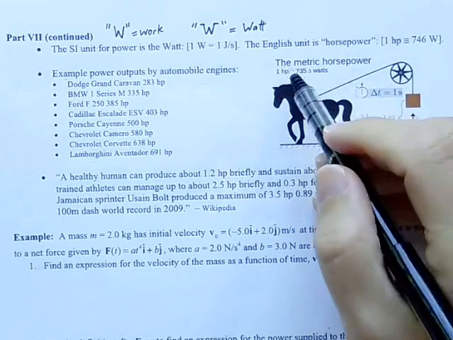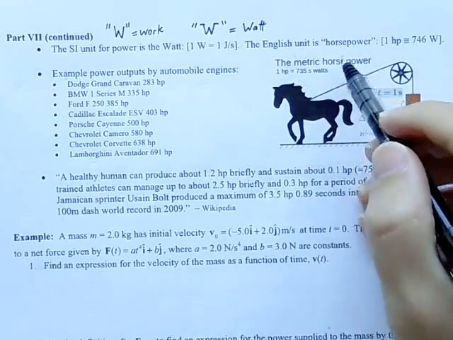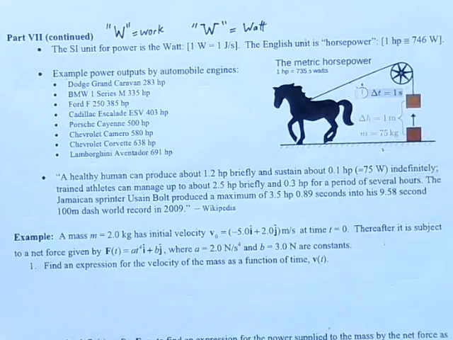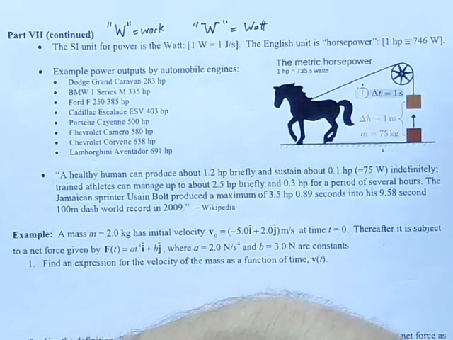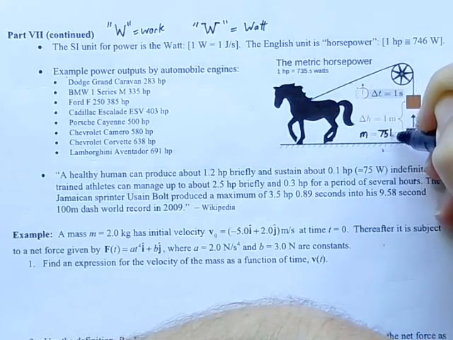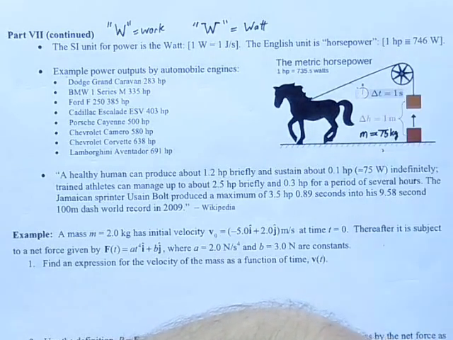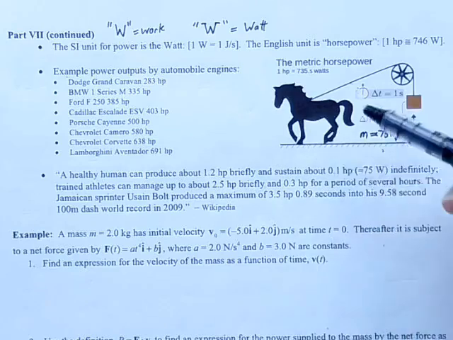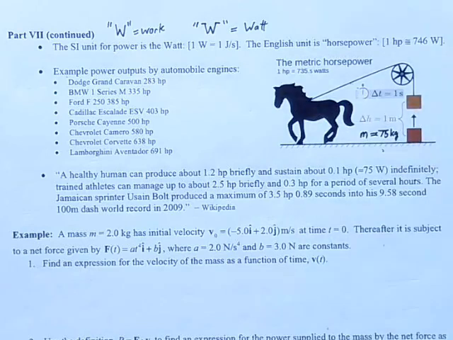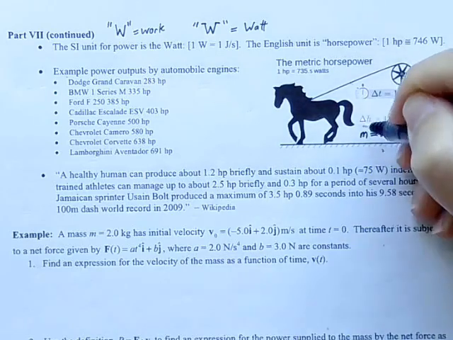A unit you might be familiar with is the English unit for power, horsepower. 1 horsepower is equivalent to about 746 watts. There's the conversion. And it comes from this idea here. Suppose you've got a 75 kilogram load here being lifted by a horse, which would have been employed in the mining industry in England at the time when these technologies, steam engine technologies that James Watt worked on, were being developed. So your horse was hauling your loads in and out of your mine shaft. So if you've got a 75 kilogram load here and you need to lift it up a height of 1 meter,